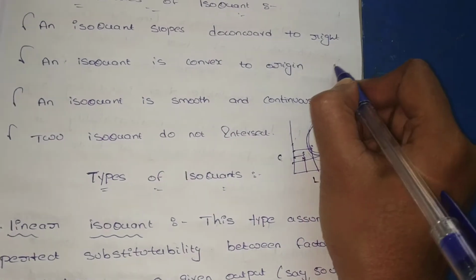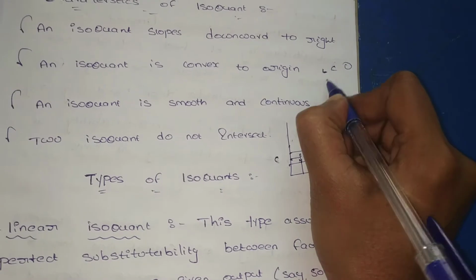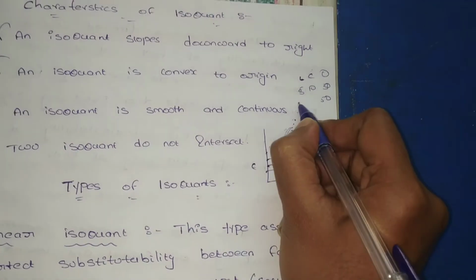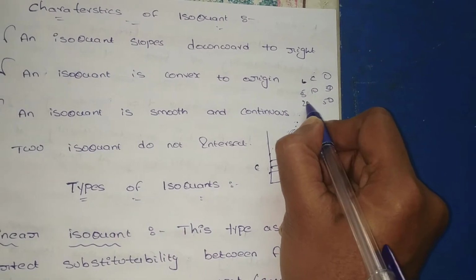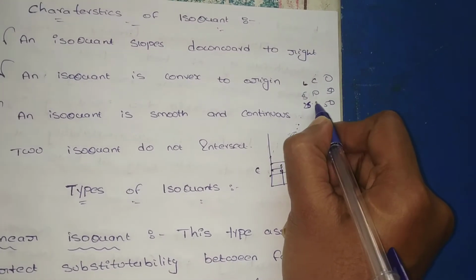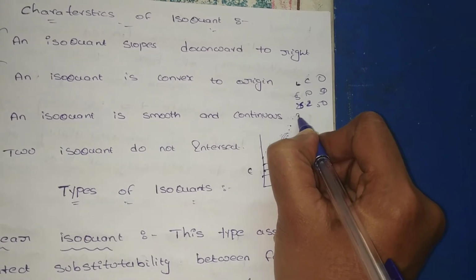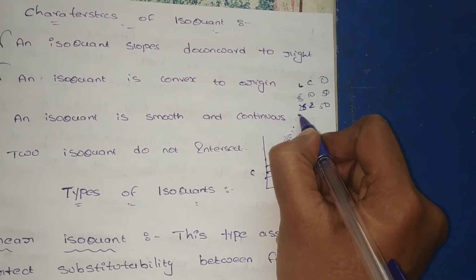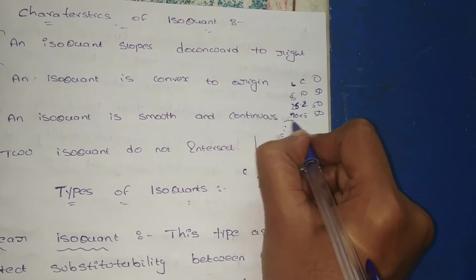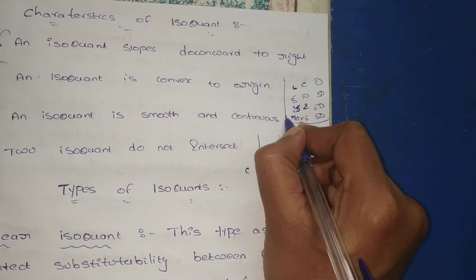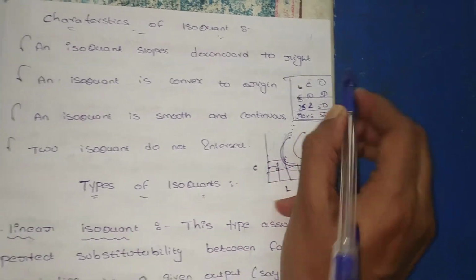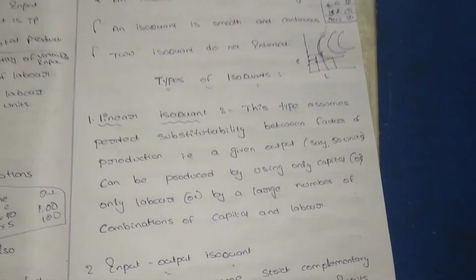Each and every combination of labor and capital gives an output. Labor is 5 and capital is 10, the output is 50. Here is also 50, with 25 and 2, and 10 and 5. Whatever the changes in labor and capital, the output is the same at each and every combination. Like here the 5-10 combination, 25-2 combination, 10-5 combination, each and every combination we get an equal level of satisfaction. You can say this is an isoquant curve.